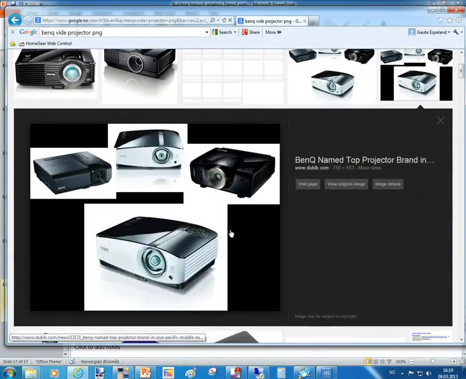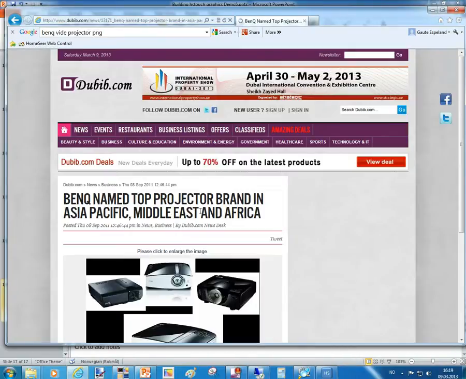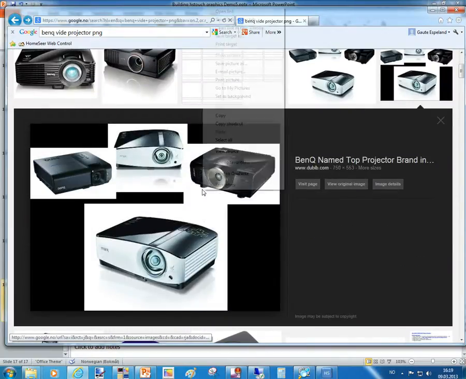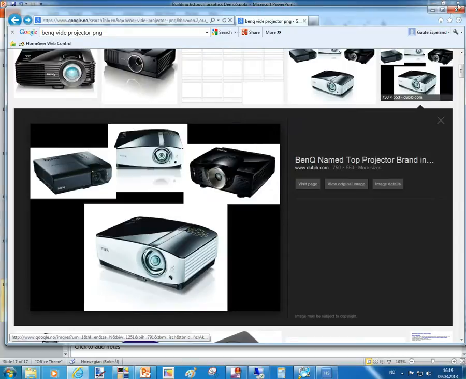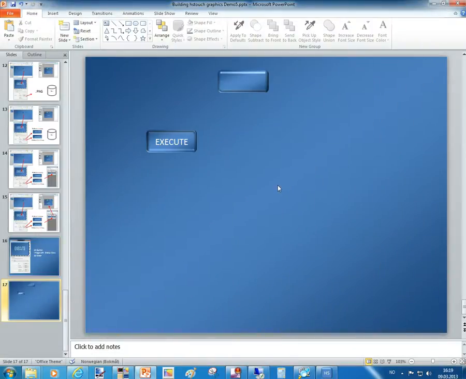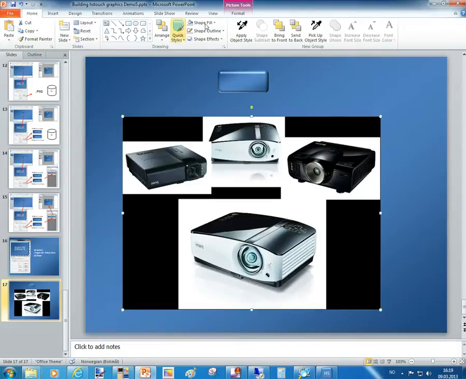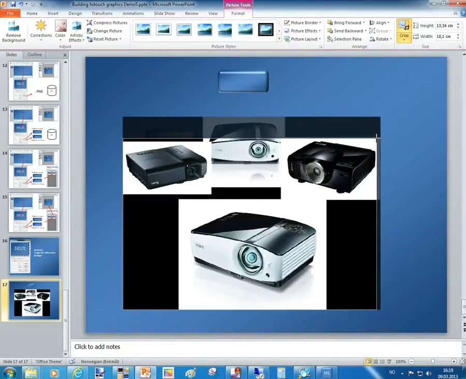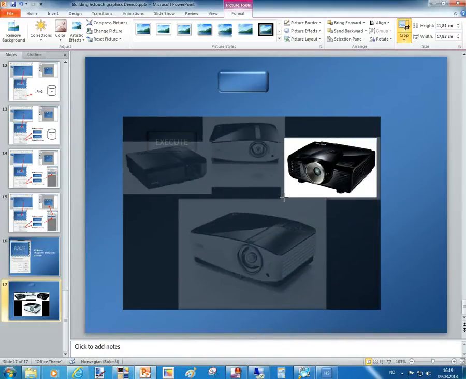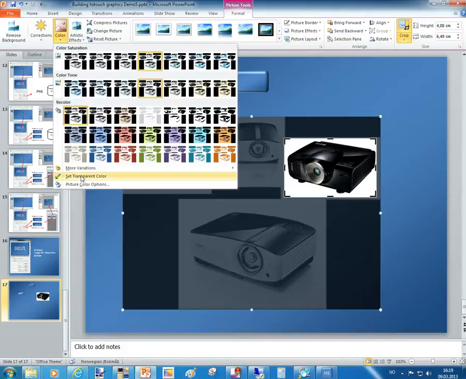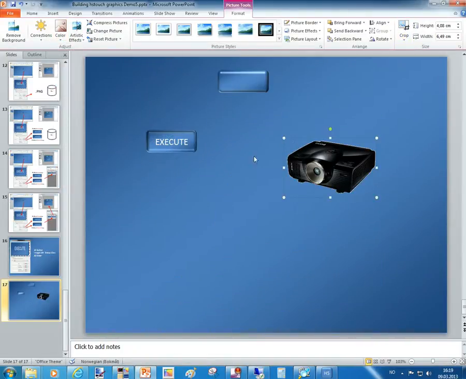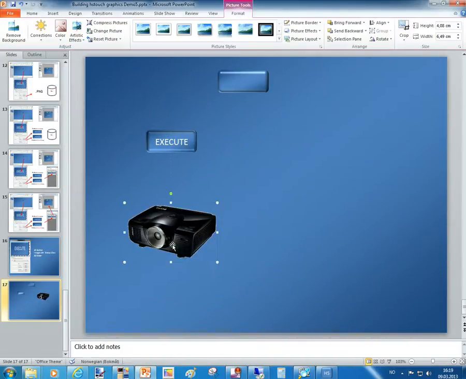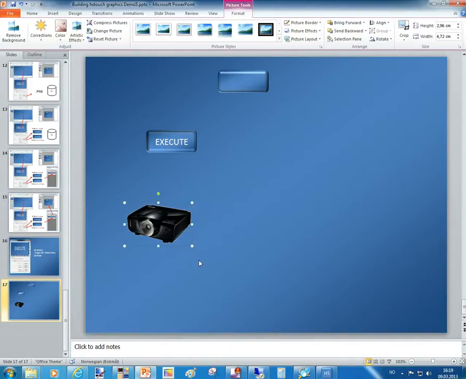Yes, let's take this one. Oops. Let's take it from here, copy, place it onto PowerPoint, crop it, take out the correct picture, then go into color, set transparent color, and make this white transparent. So now we have an image that is suitable for showing the status on whether the video projector is turned